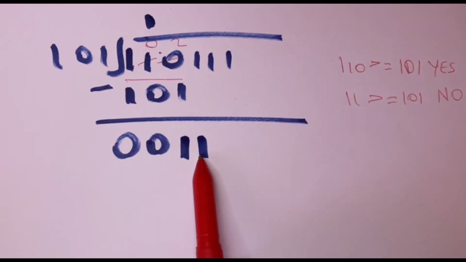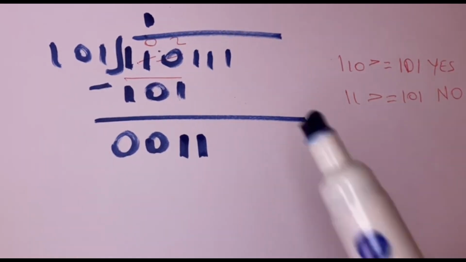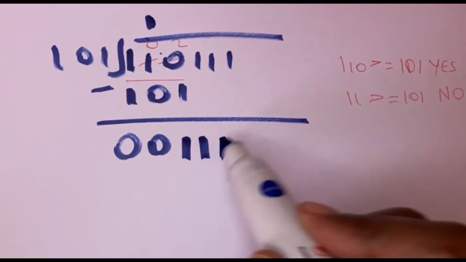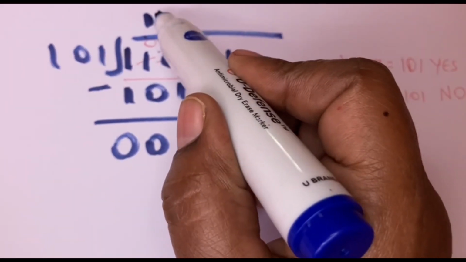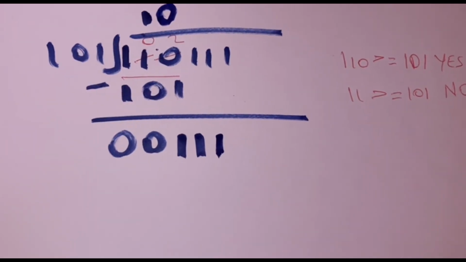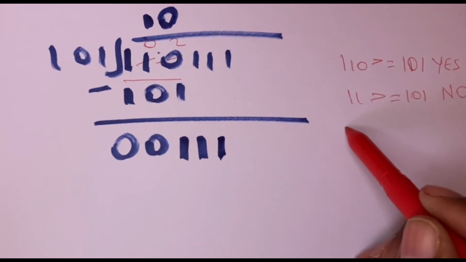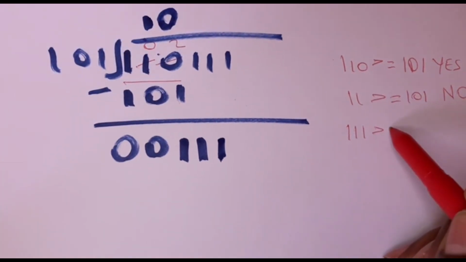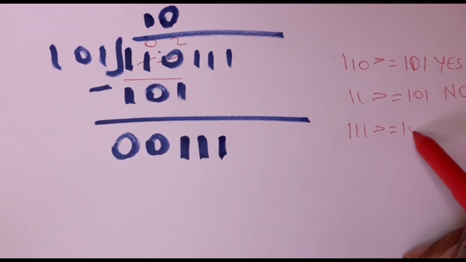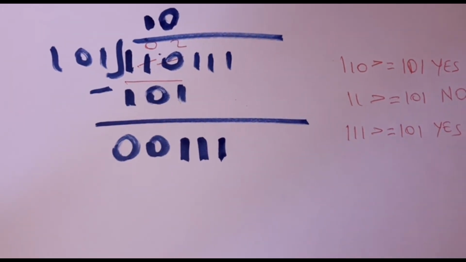So we bring 1 here. It's not greater than or equal. So we have to bring down another 1. But when we do this, we have to give 0 here, because we have to bring down two numbers consecutively. Now, let's check 111. Is 111 greater than or equal to 101? Yes. Therefore, we can